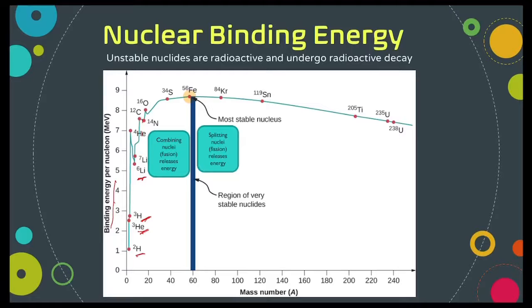Notice how there's a steep incline in the binding energy as we begin adding protons and neutrons to very small nuclei. As we continue to increase, that rise in nuclear binding energy eventually tapers off. It stops around iron-56. Iron-56 is considered to be the most stable nucleus because as soon as we move past iron-56, you